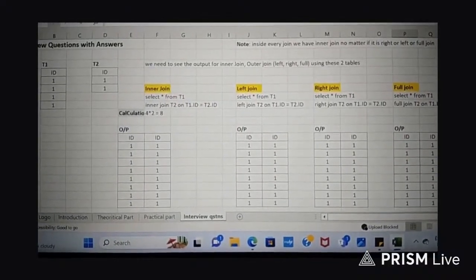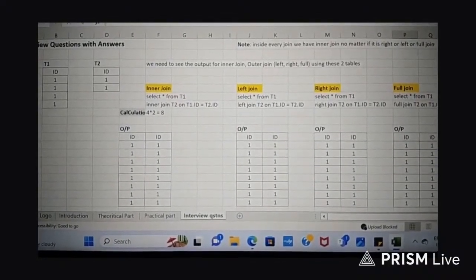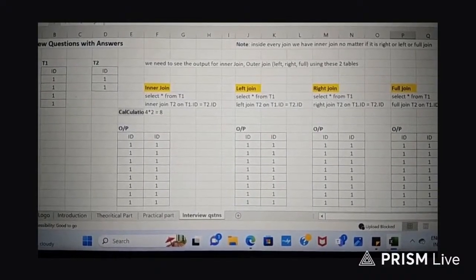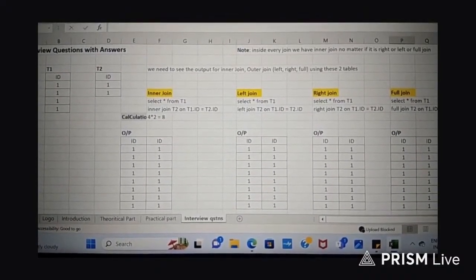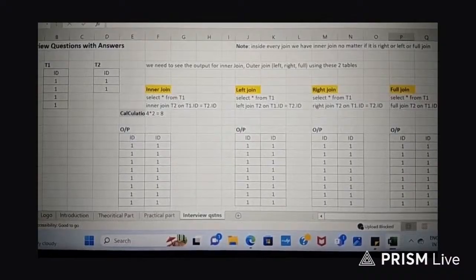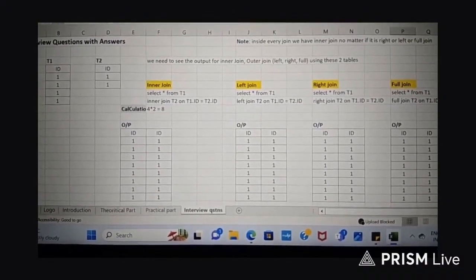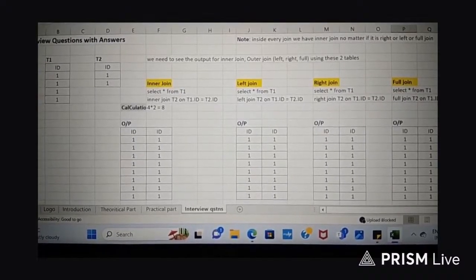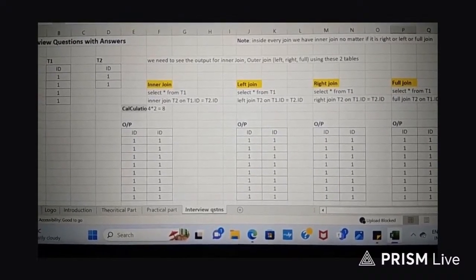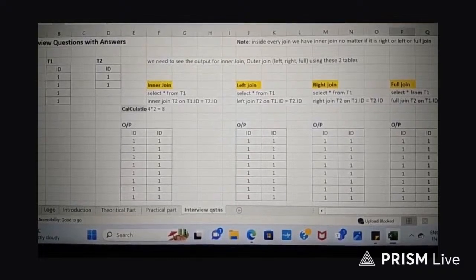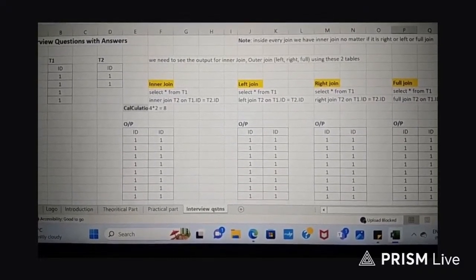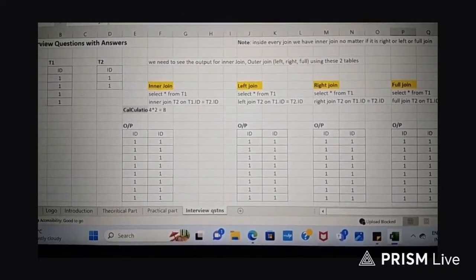There is no mismatch value in T1. Whatever is there in T1, the same value is there in T2. So for left join also, we will have the same inner join output. Similarly, for right join, there is no mismatch value in the T2 table. Whatever is there in T1, the same values are there in T2 also. So here also the output will be the same as inner join.